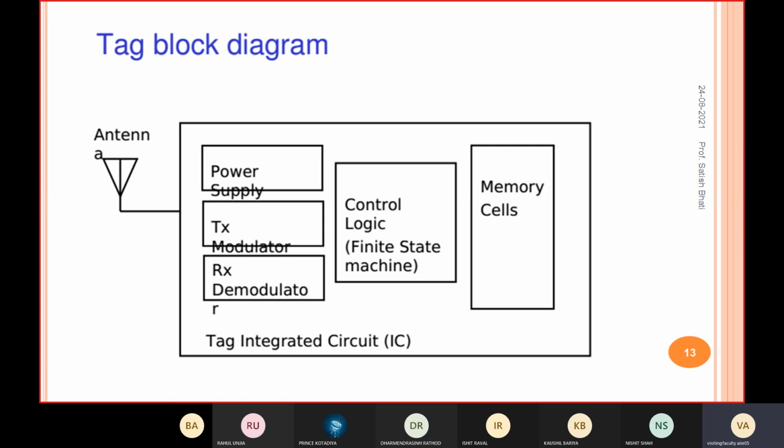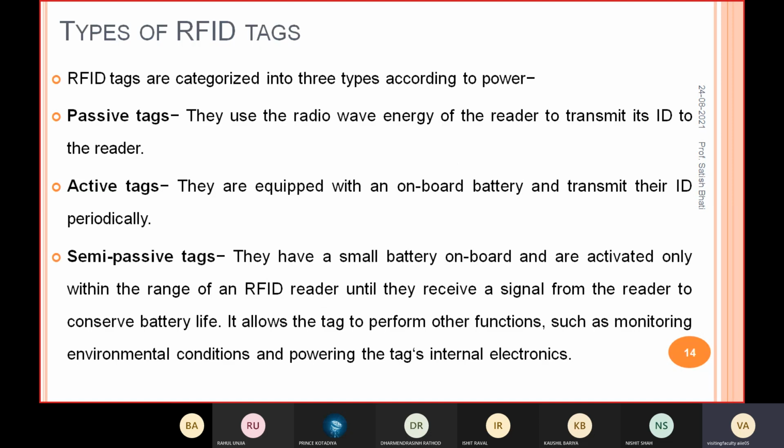Then after some distance, lots of noise and attenuation will happen to that signal, and because of that, after some distance you can't receive that signal. So as the frequency increases, the signal can travel more and more distance. A kilohertz signal can travel up to some meters, and megahertz and gigahertz can travel up to some kilometers. So modulation is like, if your data is of low frequency, you put that low frequency on a signal of high frequency, and then you transmit the signal. That is the process of modulation.